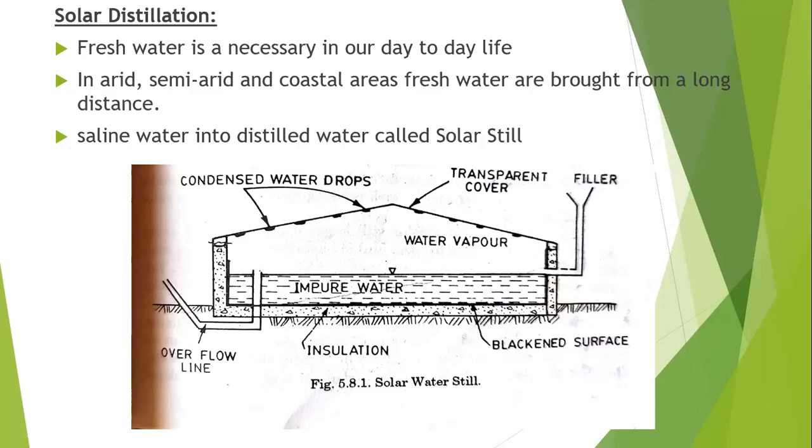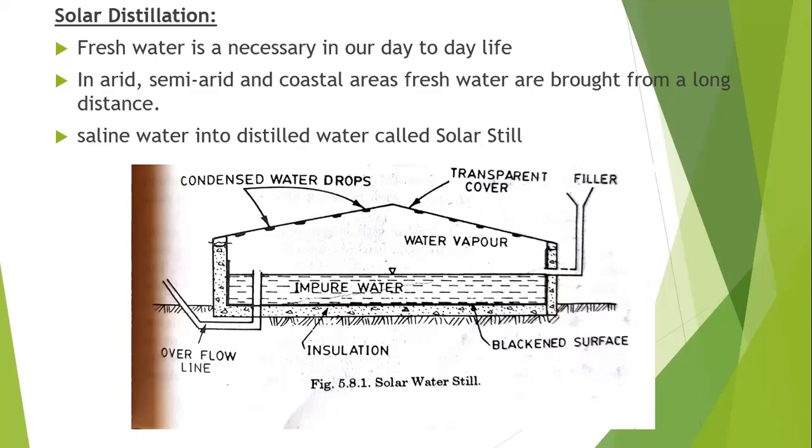By the knowledge of solar distillation, we can make salty water into fresh water to use for drinking. In these areas we can use solar radiation because it is plenty everywhere. Due to these adverse effects faced by the villages, we can use solar energy for converting saline water into distilled water.